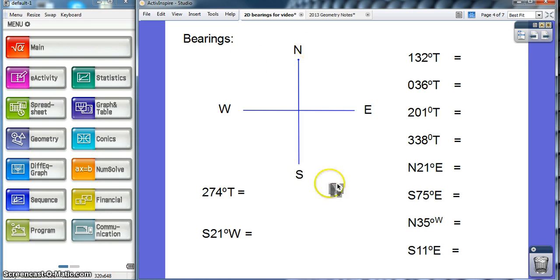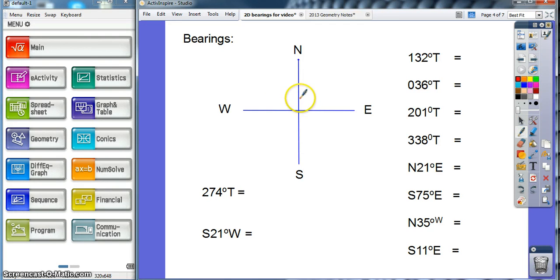Here we've got our compass points, north, south, east and west. And there's two ways that we could be given a bearing. We could have a true bearing, that's sometimes called a three-figure bearing, which is given like this, with a value between 0 and 360, and it has this T afterwards, meaning true. So what this means, 274, means that as measured from north,